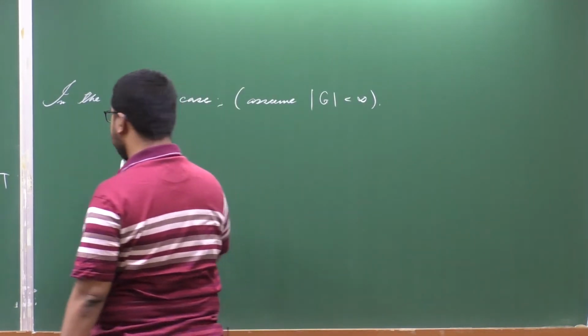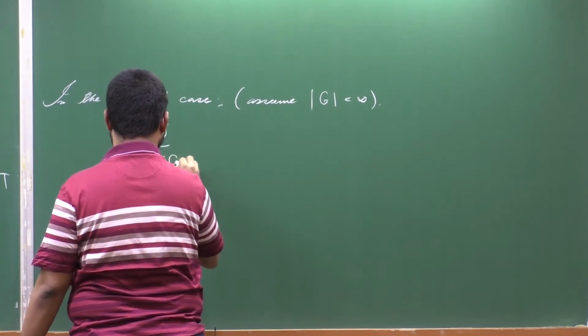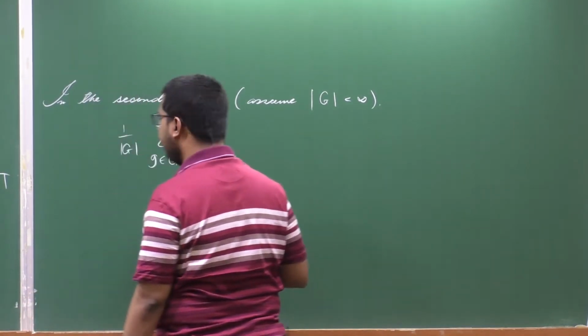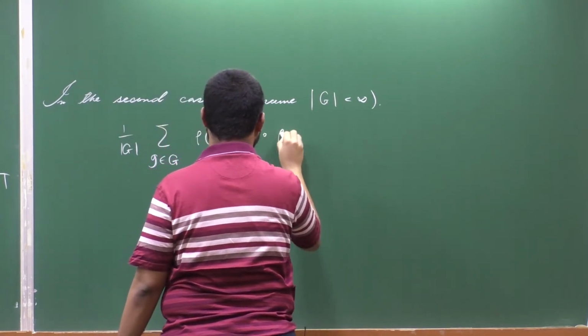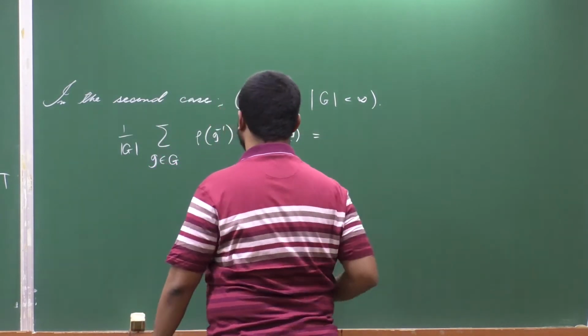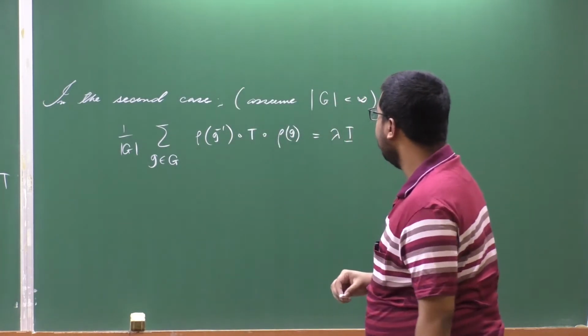In the second case, we must have, since phi equals rho, rho(g inverse) T rho(g). This is going to be lambda times I,